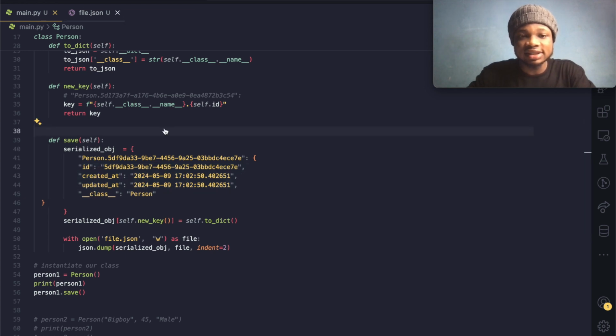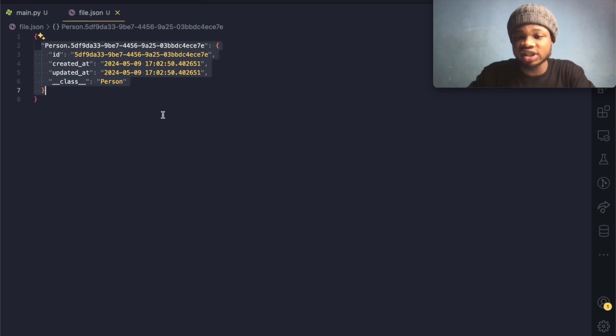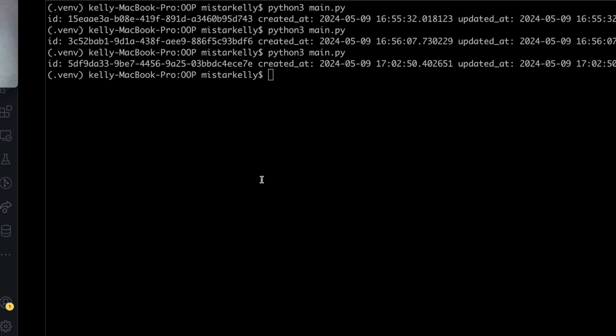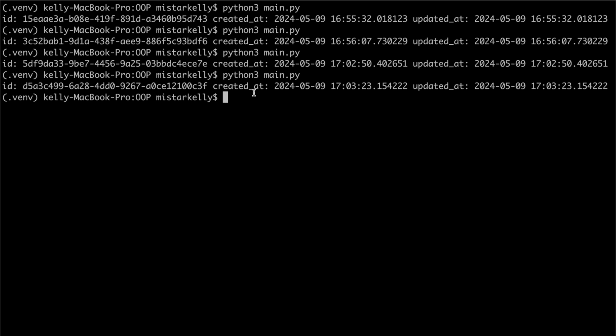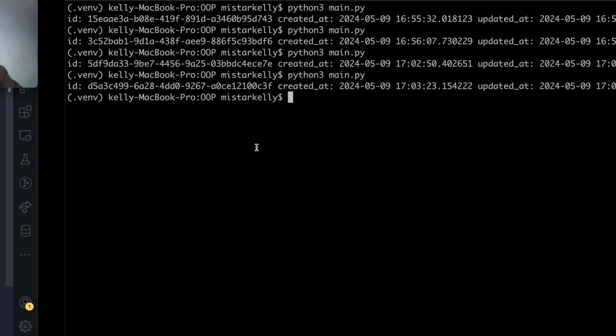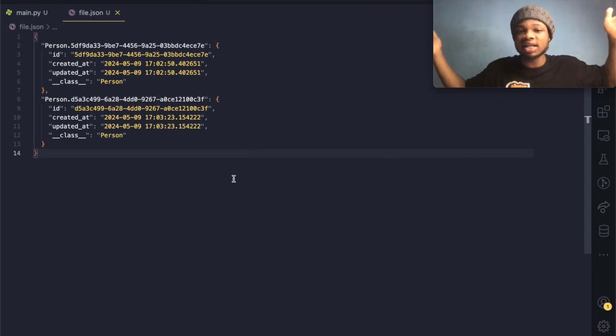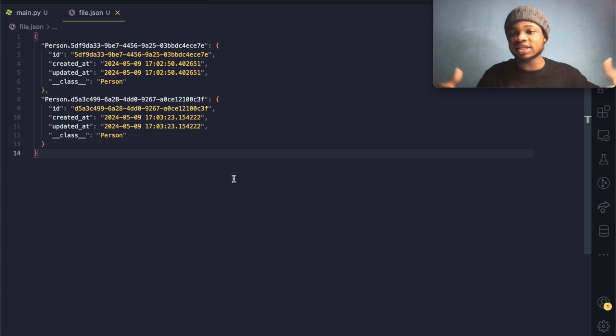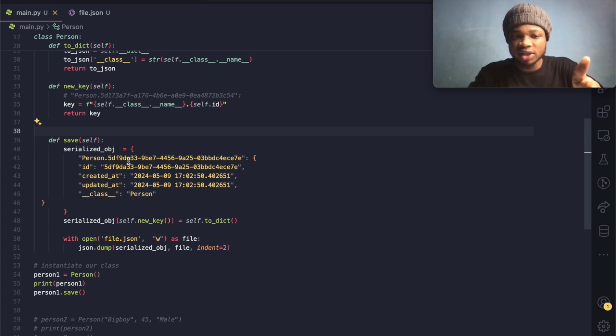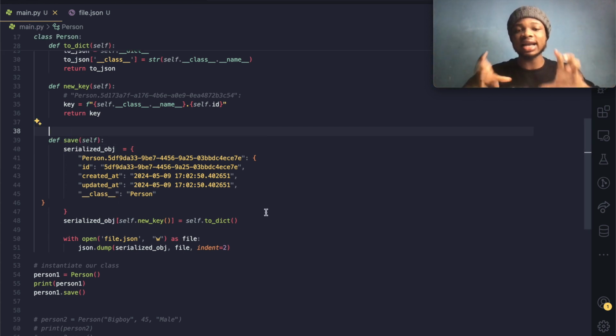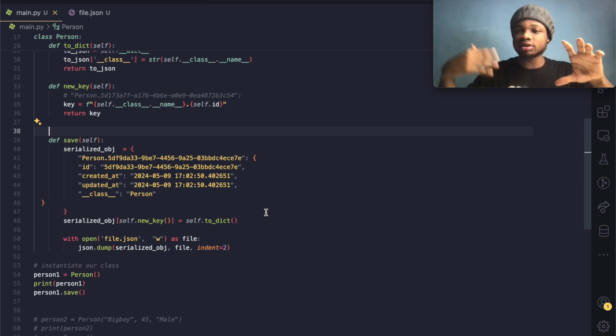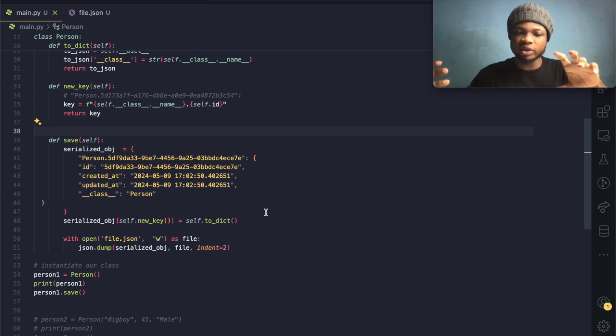Do you think that the data that is inside of here will be overwritten with the newly created data? Let's see. Let's run our code again. Perfect. We have newly created data which is 3F. And let's come over here. Exactly. What happened is that when we ran our code again, our code started running, and it came to this serialized OBJ and saw that this serialized OBJ has an entry inside of it, and it created a new object and converted it to a dictionary representation,